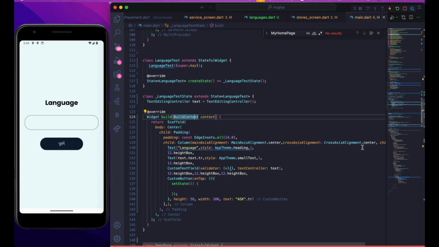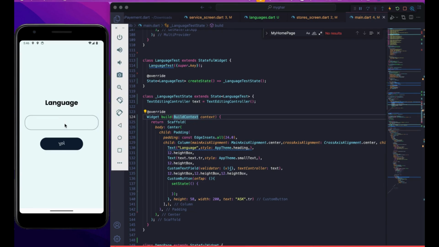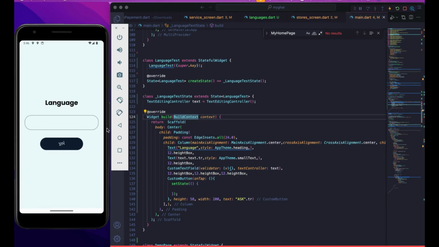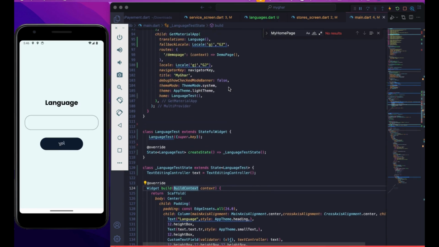Welcome back. In this tips and tricks video, we'll be adding multiple language support in a Flutter app in just 5 minutes. In this video, we'll be adding 3 languages: Hindi, Gujarati and English. I will be creating something like this, where we have Gujarati and everything. We can achieve something like this using